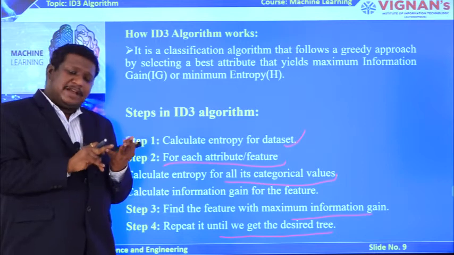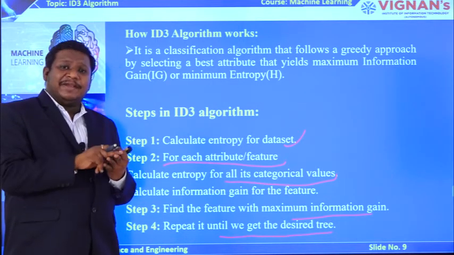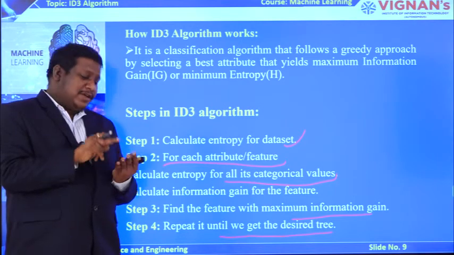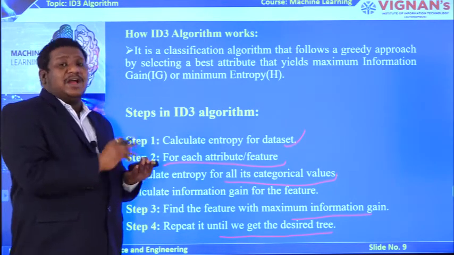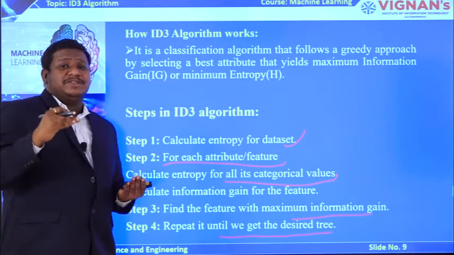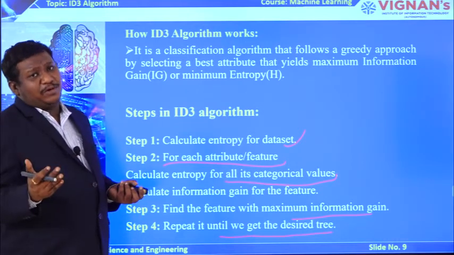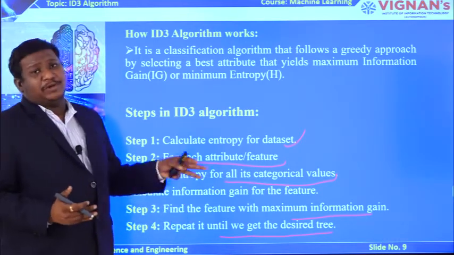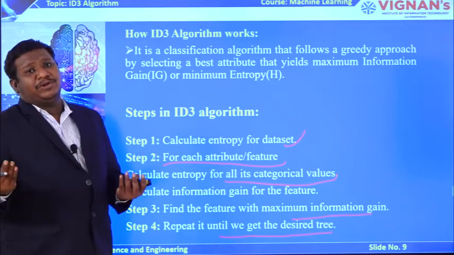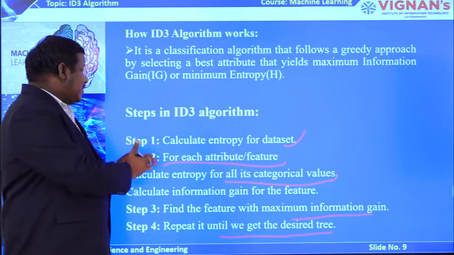So first we are selecting the data set, then we are identifying the attributes in the data set, then we are applying the information gain of the attributes, then entropy on the data set, and we are finding for which attribute the information gain is maximum, and for which attribute the entropy value is minimum. At last we are going to repeat this until we reach the final tree. So if you can understand the previous topic, you can understand this algorithm very easily.